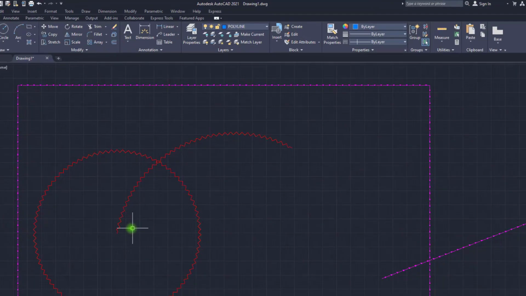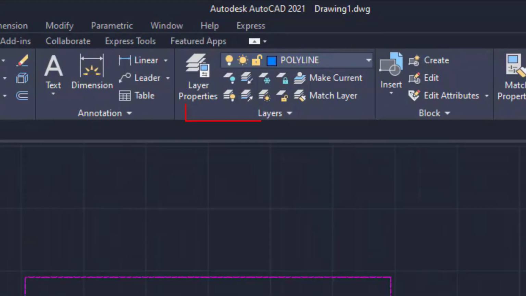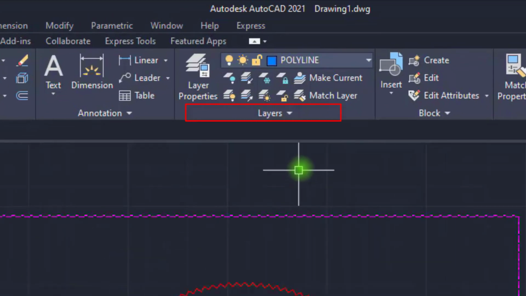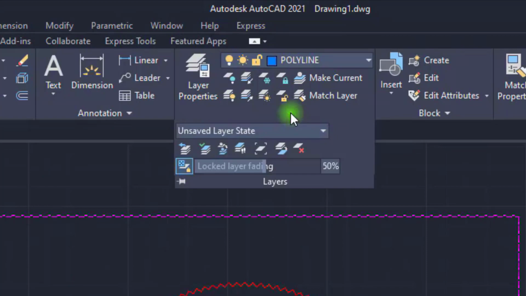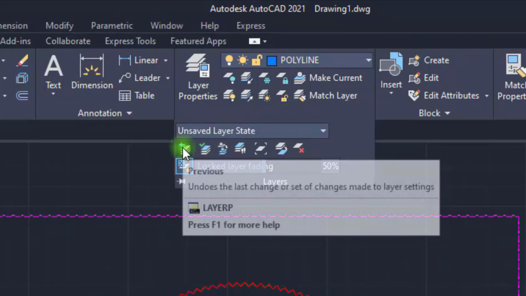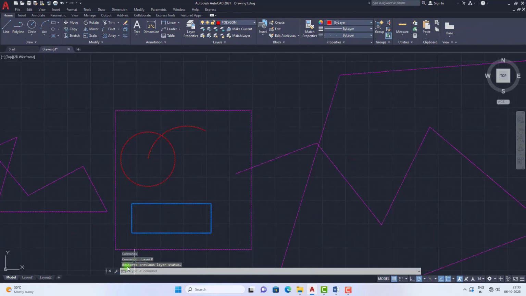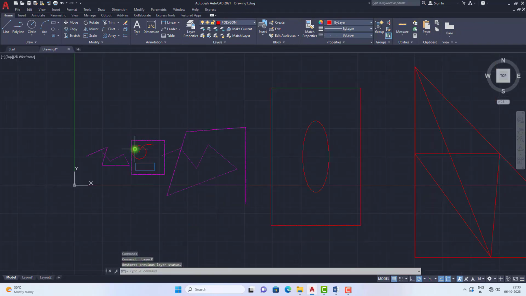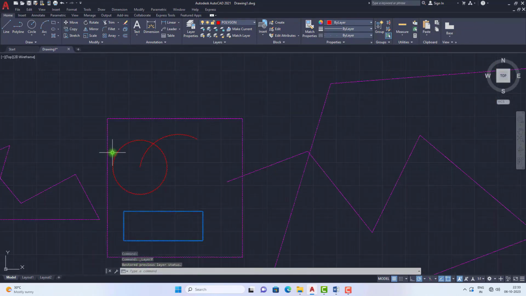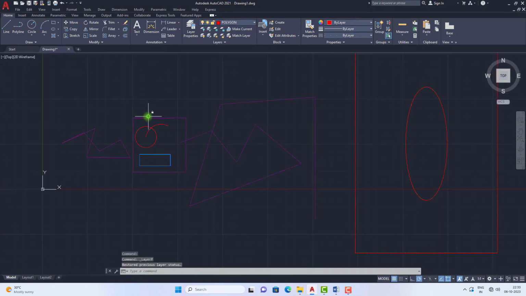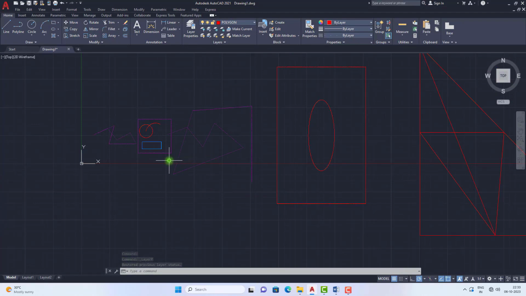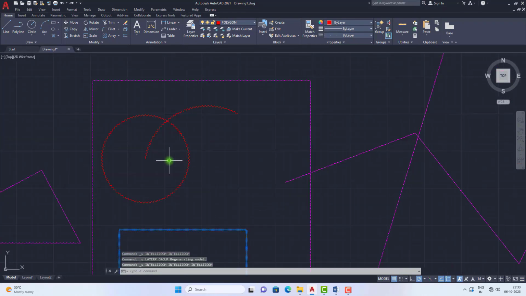Before we drew, to go to the previous operation, I am clicking here, and there is an option here, previous. If you click here, see, we will go to the previous operation. Now I need to go back again. See, it is only the previous, using the tracks line type and with blue color.